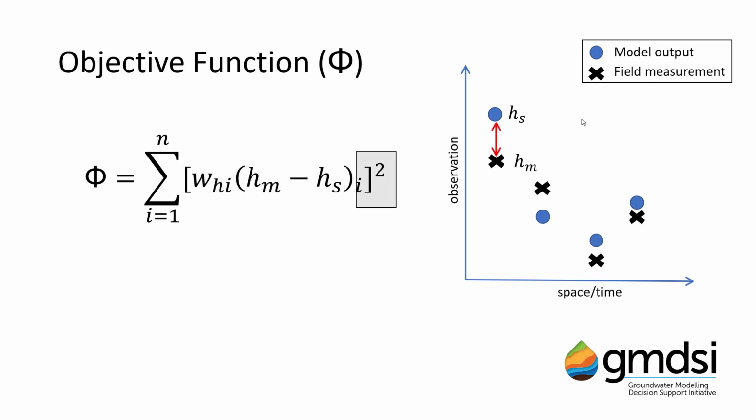Weighted residuals are squared so that all values become positive. This avoids negative and positive residuals effectively annulling each other when they are summed together. So residuals are calculated, multiplied by a weight to adjust their relative contributions, then squared to make all residuals positive. Finally, all residuals are summed to determine the total value of the objective function. History matching is achieved by minimizing the value of this objective function.